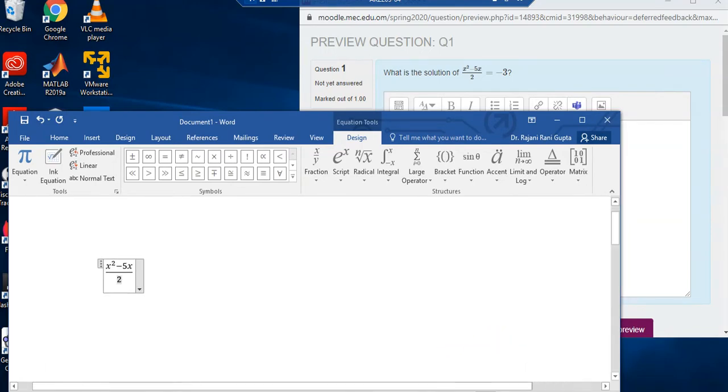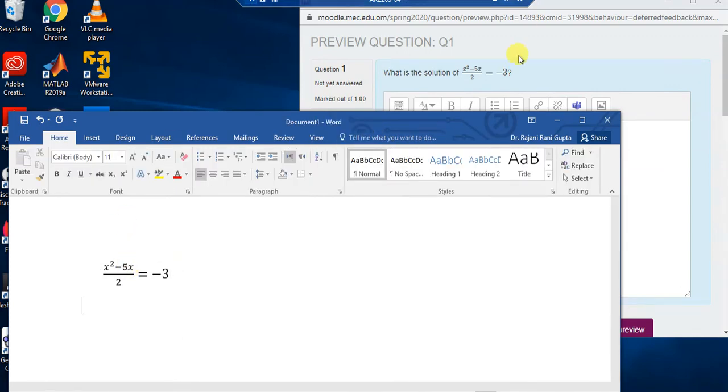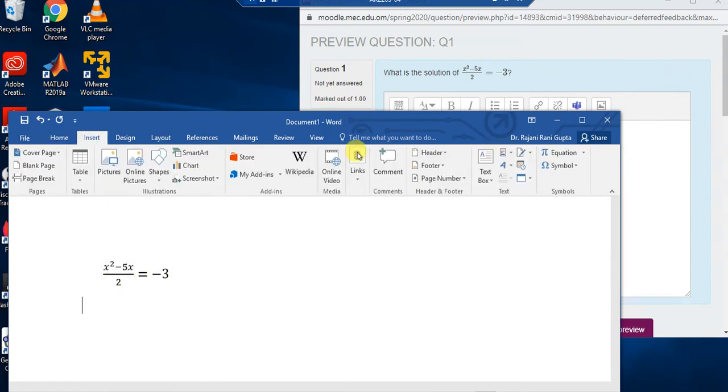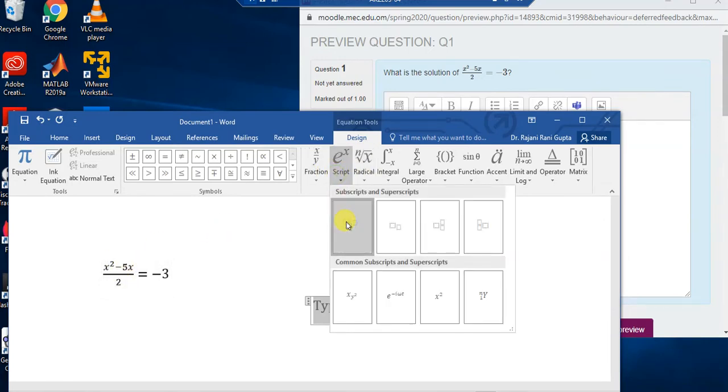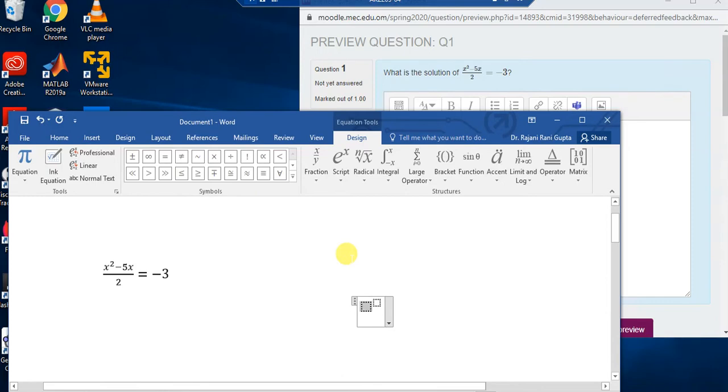Then this is equal to minus 3. So we type the question. Now when we are solving it, we know that the next step is we have to take 2 to the right hand side. So let's type it again. Type the equation here. Now once 2 is moved to the other side, it will be no longer a division, the quotient. So it will be simply the term x power 2 minus 5x equal to minus 3 multiplied by 2 gives you